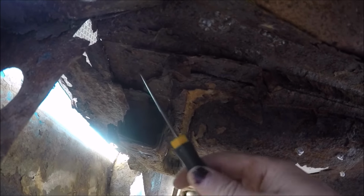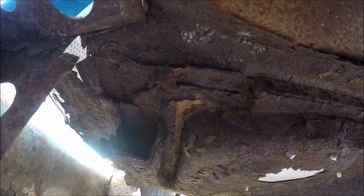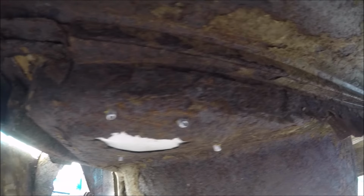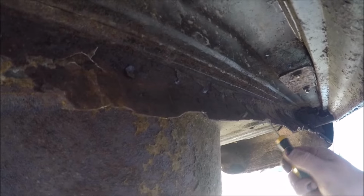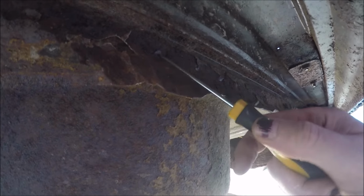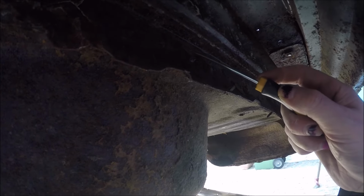I don't know how to deal with this up here. I mean, there's just so much rust, it's ridiculous, there's tons of it. So it would be nice to get a bit of advice off someone who knows more about this. I know I'm still learning. This here all needs to come off. You can see where the paint was,